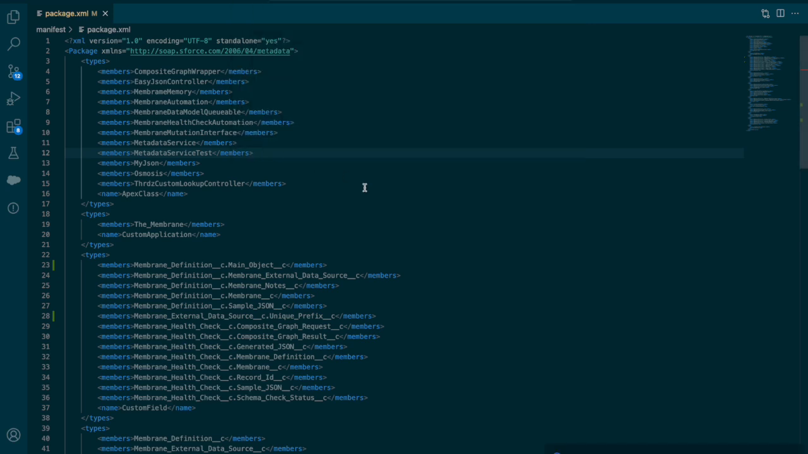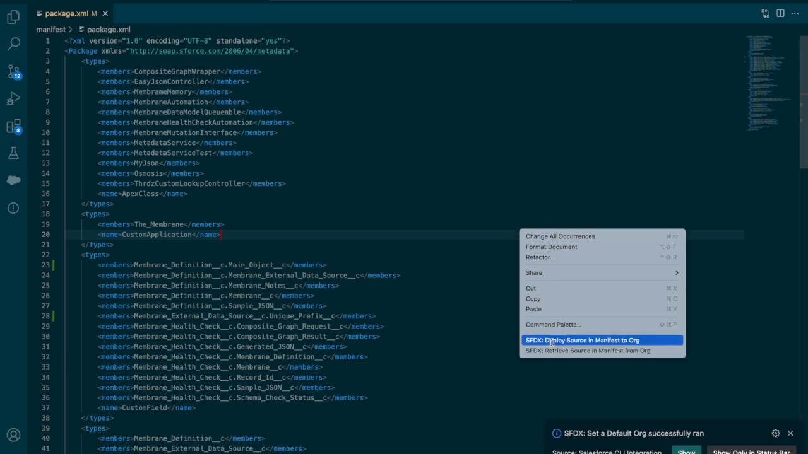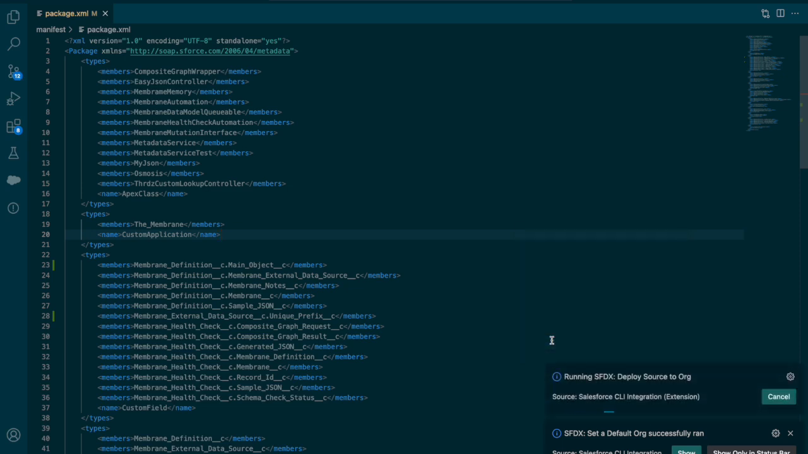So I'll start with a freshly created Health Cloud org, Salesforce Health Cloud, and I'll install the membrane package. This is the package.xml file. By the time this installs, let us take a look at